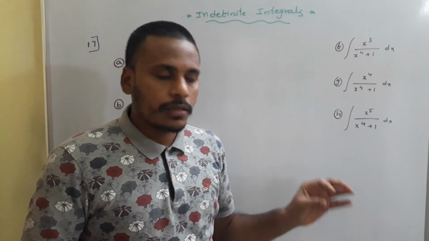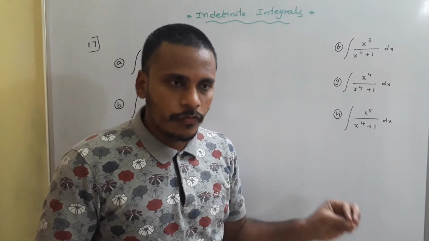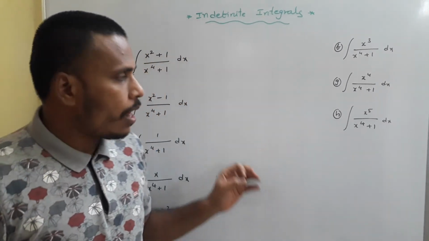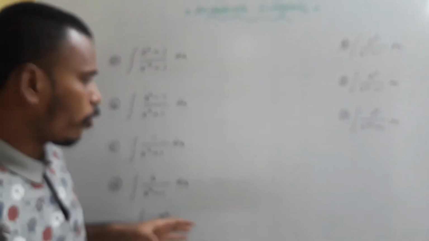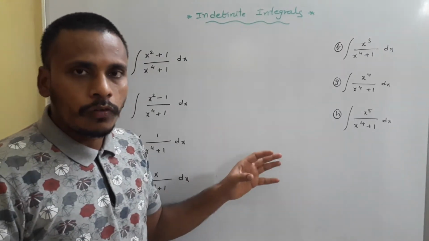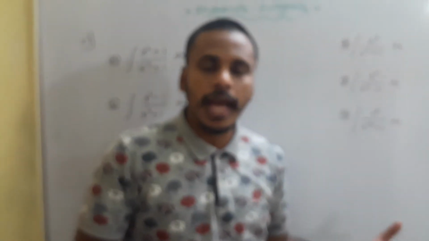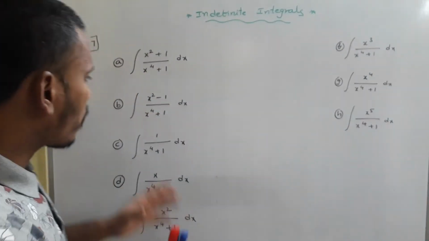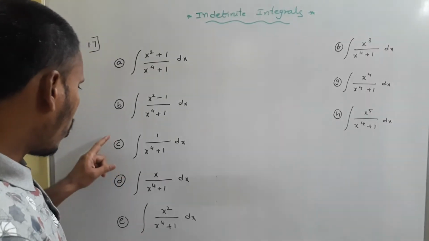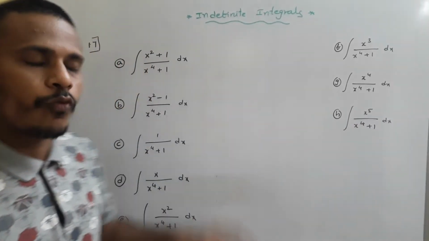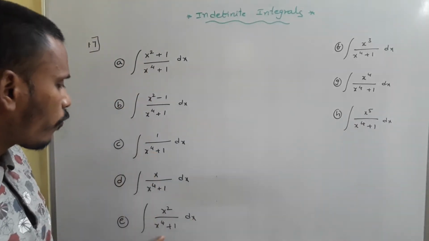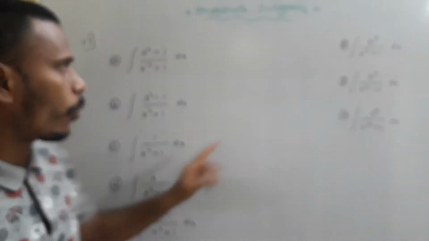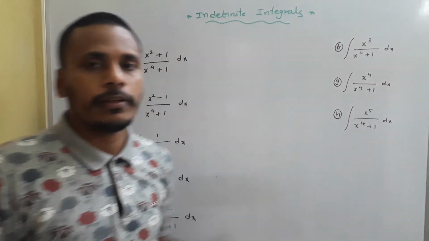In previous classes, we already learnt about different standard formulae and substitution methods related to indefinite integrals. And now here I have an interesting set of problems on the board to solve using the substitution method along with the standard formulae of integrals. Just observe these problems. Starting from C to H, a pattern is followed. The denominator is x power 4 plus 1 every time, whereas the numerator is 1, x, x square, x cube, x power 4, x power 5.